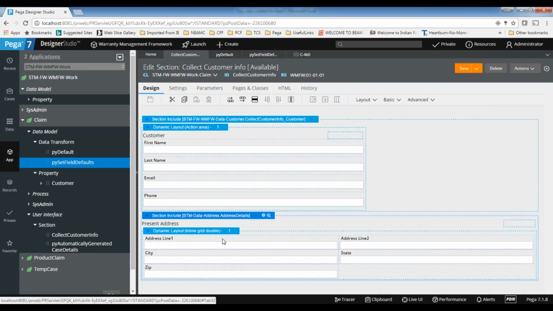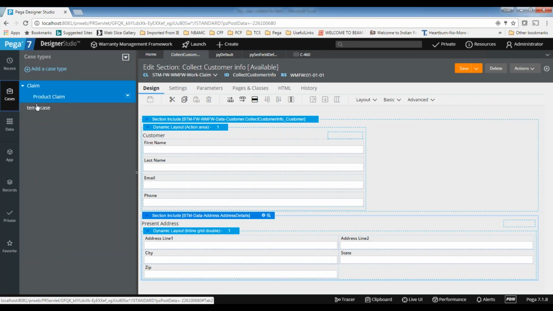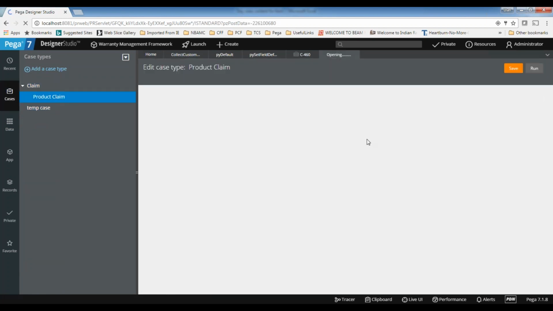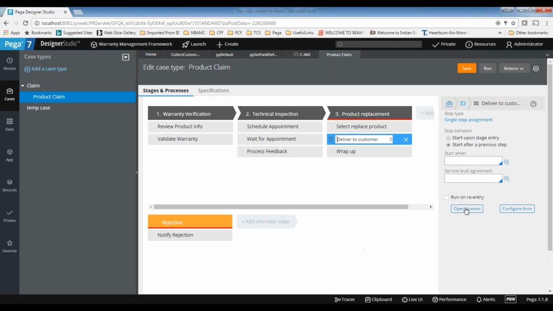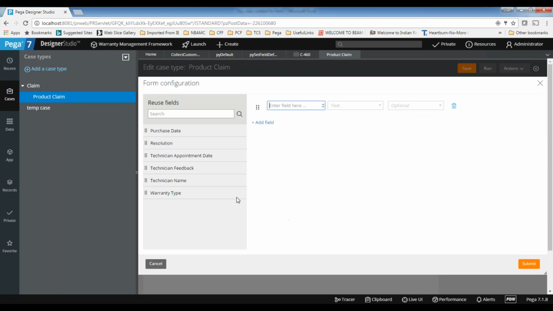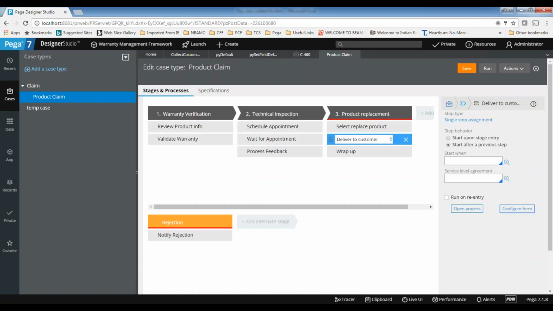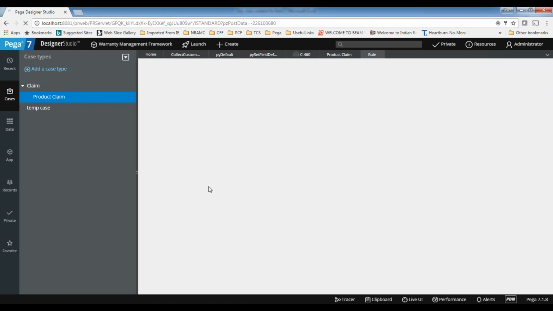Okay, and then I want to capture the address in the other section as well, like the product claim where I want to deliver to the customer. Here also I want to use the same thing. So here what I can do is use configure form where all the address details are available. Here it's not displaying. Okay, so if you want to design the UI manually from the stack, first open the process